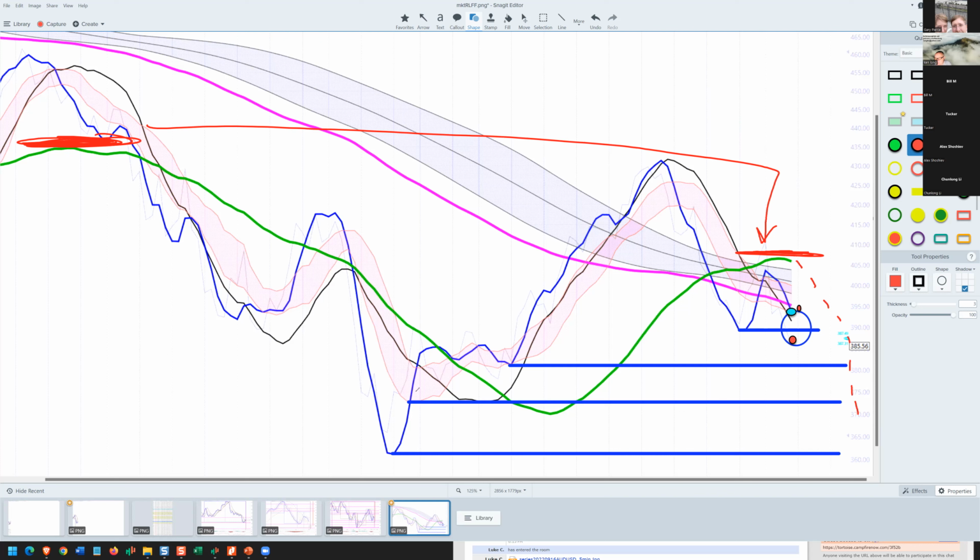Now, this price level right down around in here, let's call that 370, you're going to notice that's the bottom of the dragon. That's about the bottom of the RL90. It's the bottom of the RL30. So if that cracks, look out below. So we only have about this much buffer before the emergency sirens start working.